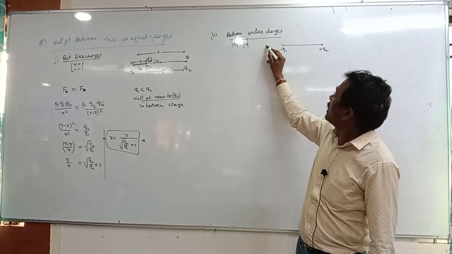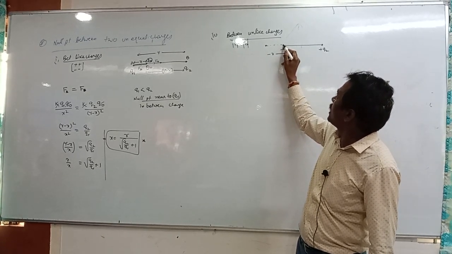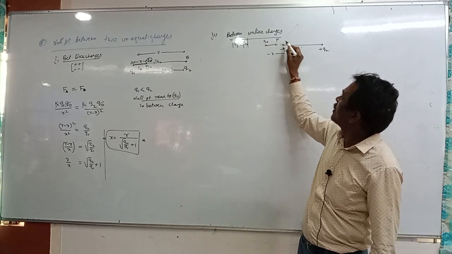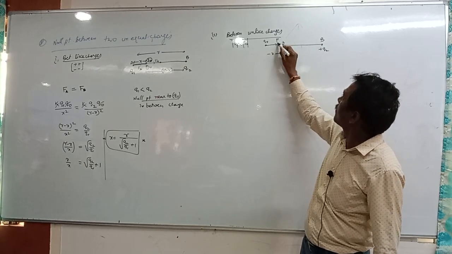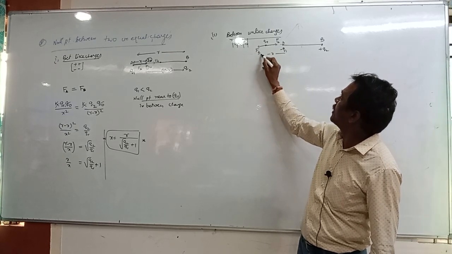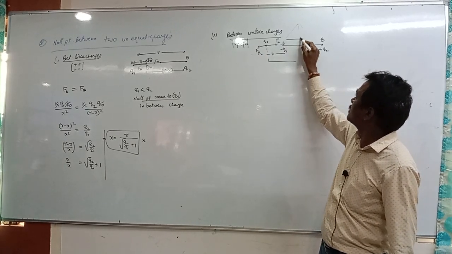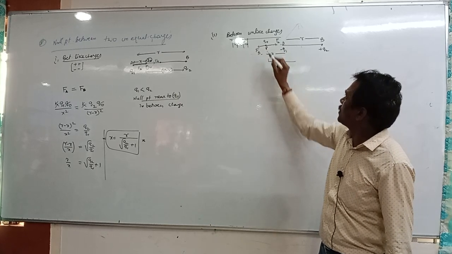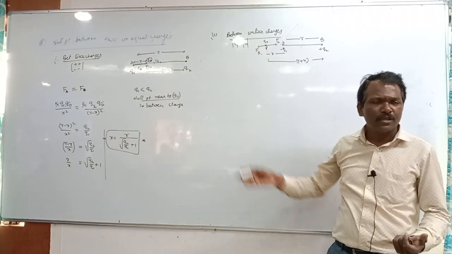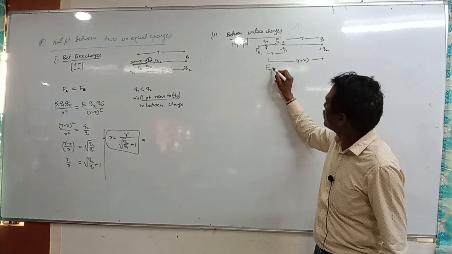And here at x distance, this is the resultant. Due to the negative charge, if you take q naught, attraction takes place here, F A. Due to the positive charge, repulsion force will be there, F B. Here to here it is the x distance. And here to here, this is the r distance. Point P to here, we can take r plus x distance. Okay. Same method here. The resultant force at this point is equal to 0.